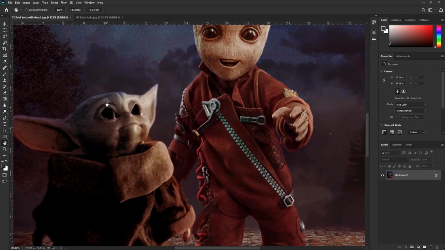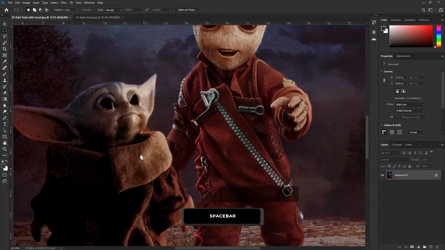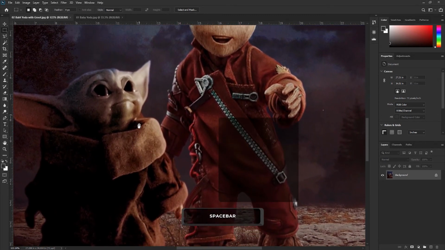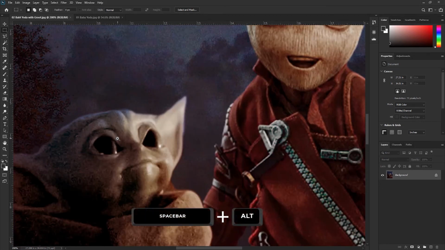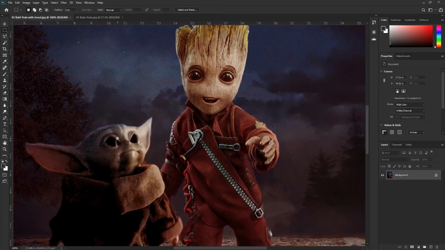Alright, another way to pan an image is by using the temporary Hand tool. I will tap the M key and that will give me the Marquee tool. If you hold down the space bar, even though I have another tool selected, I can go ahead and pan around. While holding down the space bar, we can also zoom in and zoom out. To zoom in, press and hold space bar with Ctrl. And to zoom out, hold Alt with space bar. This space bar is temporarily giving me the Hand tool.